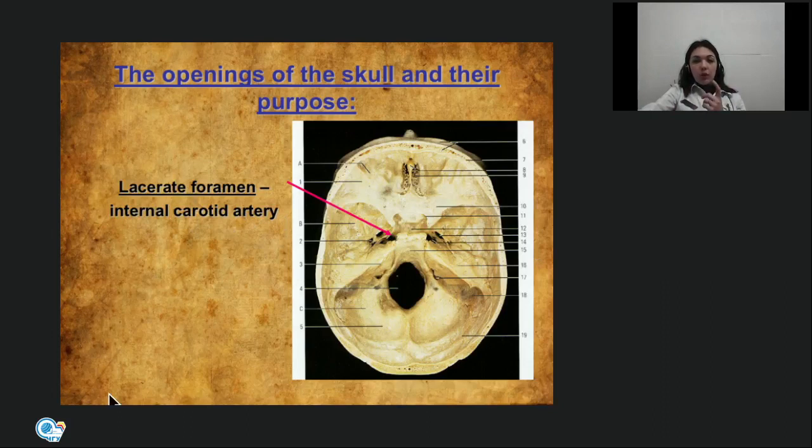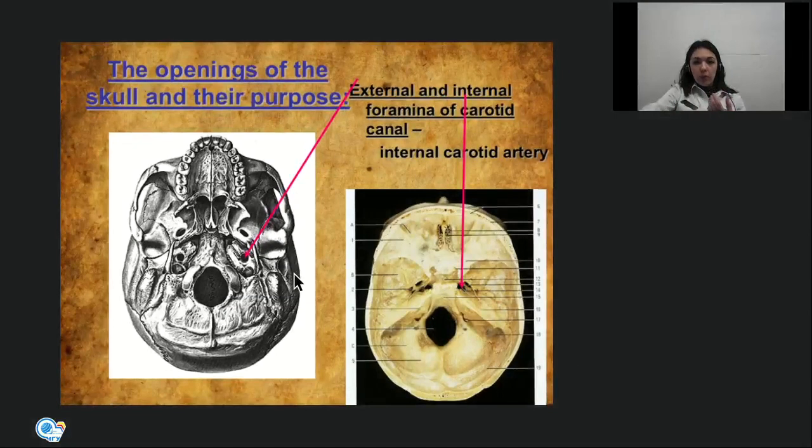So at the region of the apex of the petrous part of the temporal bone, we have already said it, the internal opening of the carotid canal is located. Here we can see. The external opening is located at the inferior surface of the petrous part of the temporal bone. So if the carotid canal ends in the apex, then after that, it passes through the foramen lacerum to enter